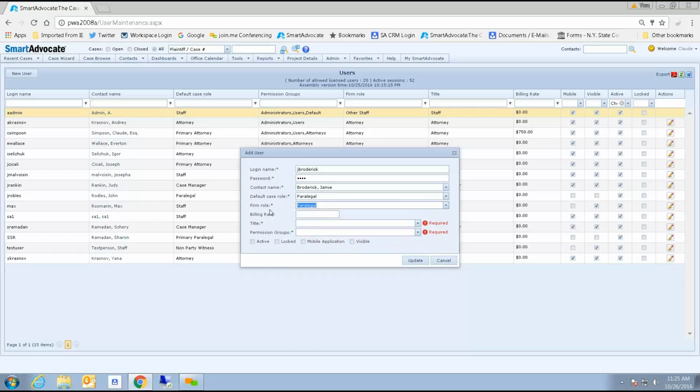And of course, a billing rate, that's for the ability to, in the disbursement section of the file, of a specific file, you can, of course, put in the